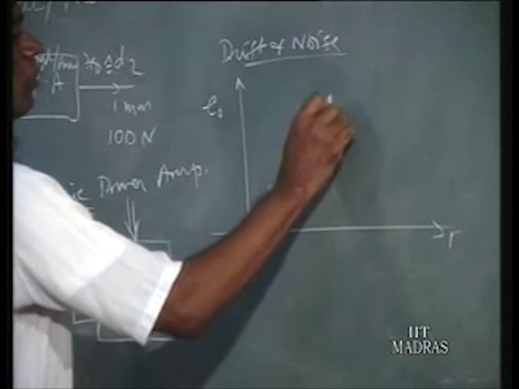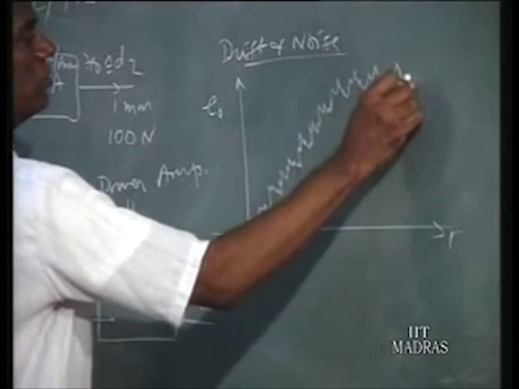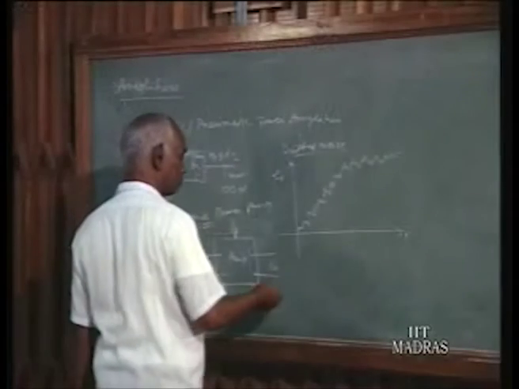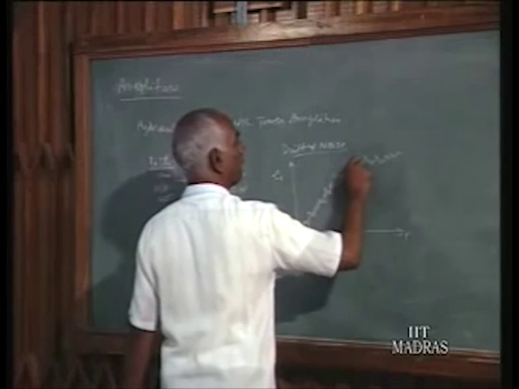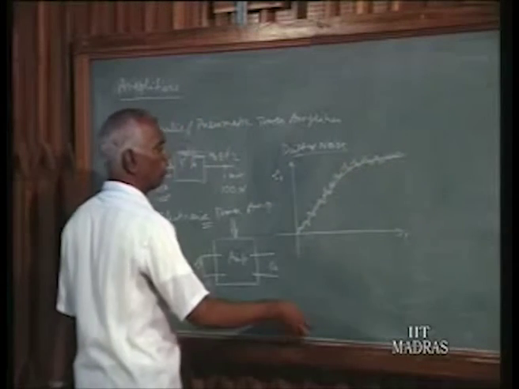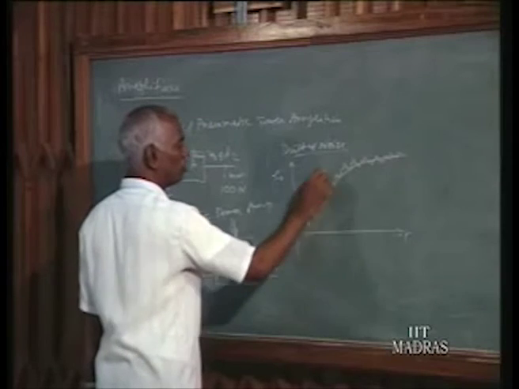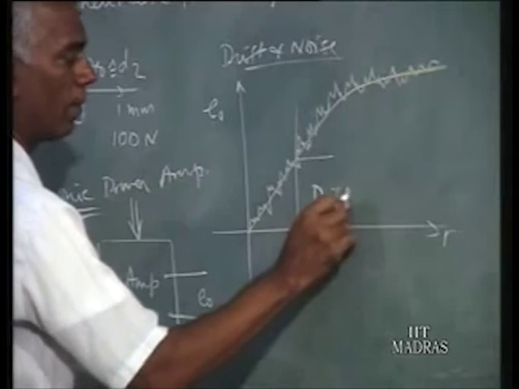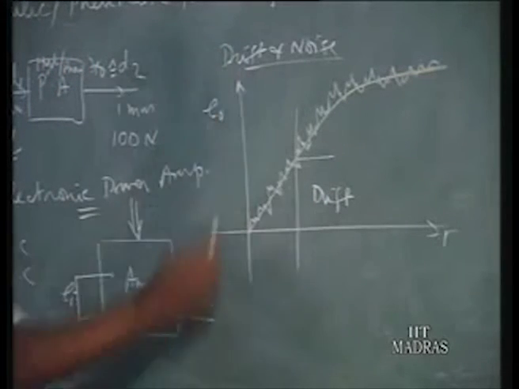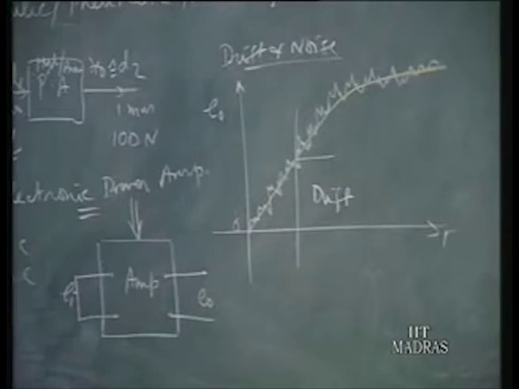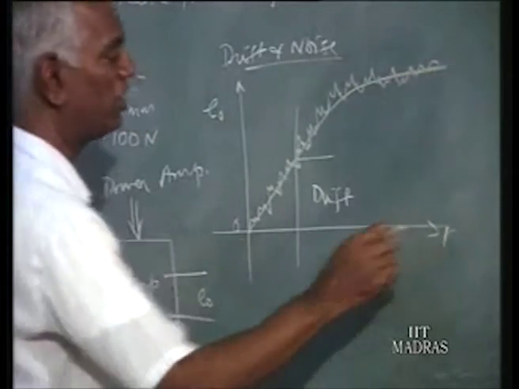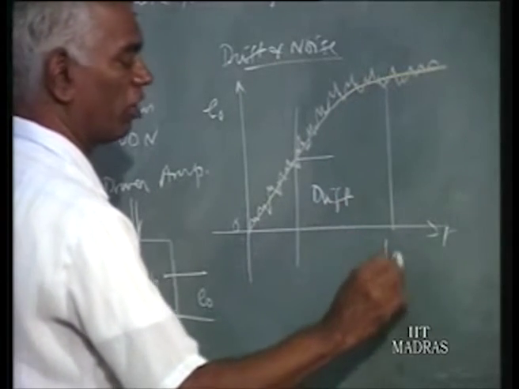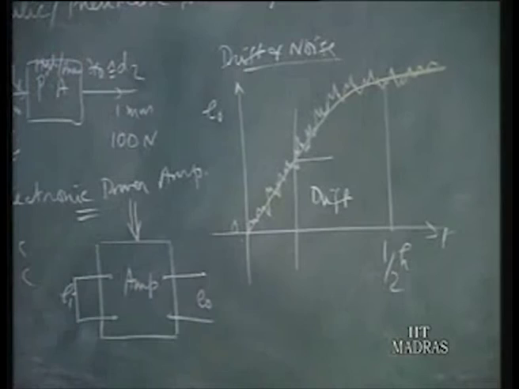So it has both micro and macro variations. It will be varying around this common value, like this. So it is called drift. At any instant, this is called drift. From 0 it is increasing. This is the 0 level. As time increases, the drift increases, and it gets stabilized after a certain duration. This may be, say, 1 hour or half an hour. After half an hour, it gets stabilized.